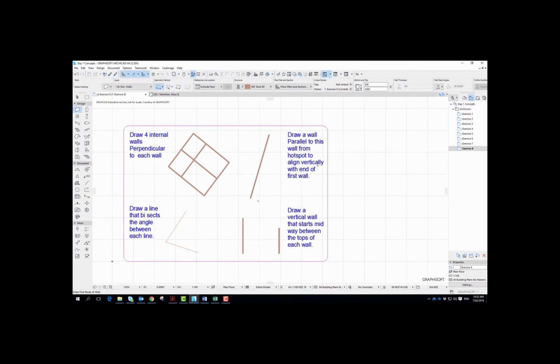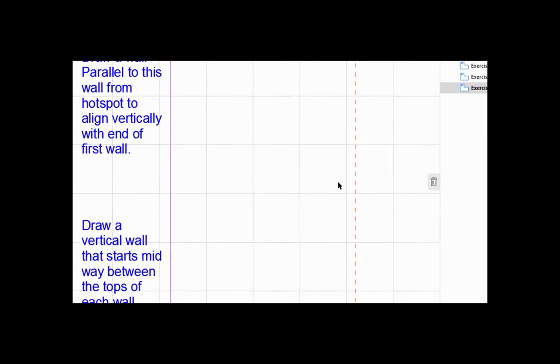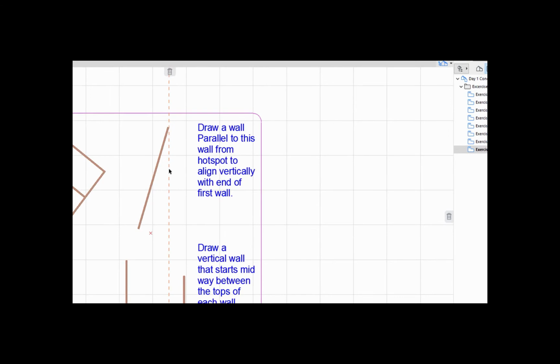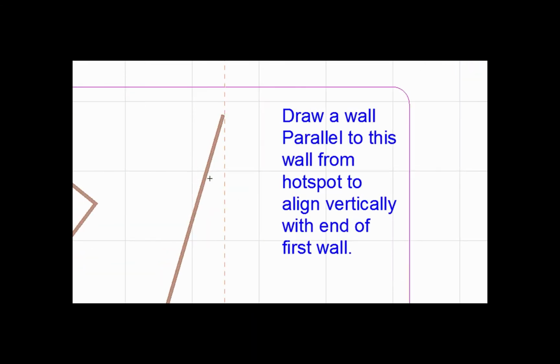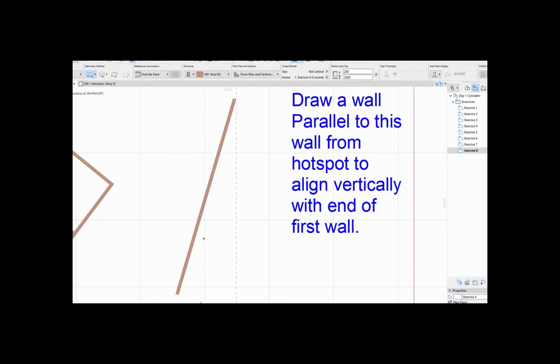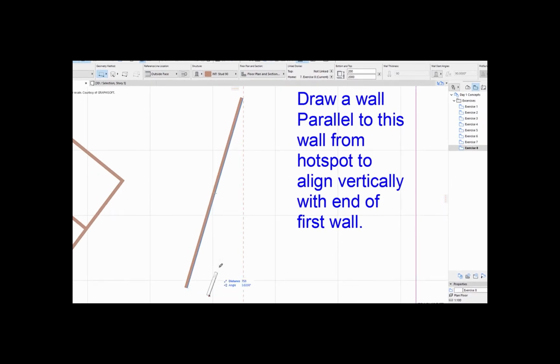Draw a line parallel to this hotspot to align vertically, so we want it to align vertically with the end of the first wall. So what you could use here is go over to the right hand side and just drag over a guideline. I'm going to use that to line up with the edge of the wall. Because I want my new wall to be parallel, I'm just going to track this one until it turns blue, and then I'm going to click here, and then Archicad kind of knows that you've highlighted that wall, and I can just go up to the guideline there,